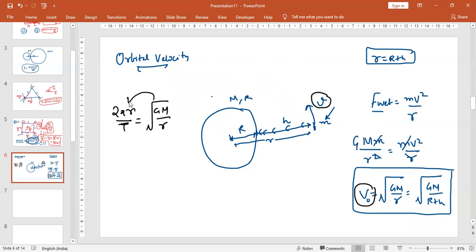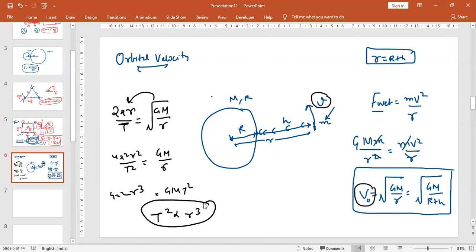So you can shift this root to this side. So it will be 4 pi square r square upon T square equal to GM by r. So r will go on that side. That will be r cube upon 4 pi square, and it will be equal to GM into T square. So T square is directly proportional to r cube. This is your Kepler's law